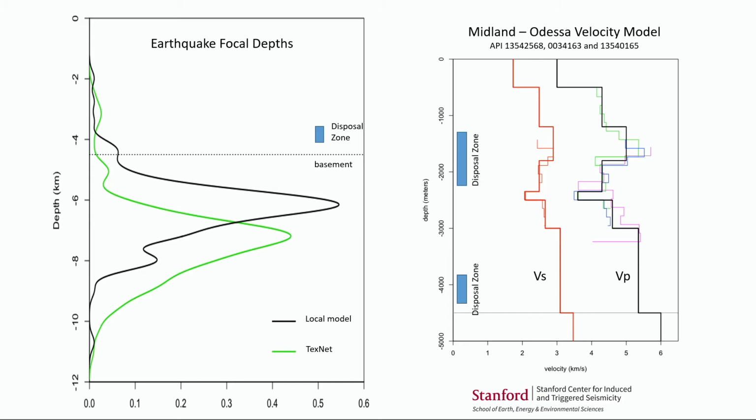So it's just like Oklahoma. The injection is just above the basement. The earthquakes are a few kilometers down in the basement, and the earthquakes are bigger. They're getting magnitude 4.5 and magnitude 5 earthquakes with frequency, and they haven't stopped yet, but the regulators are really very concerned,